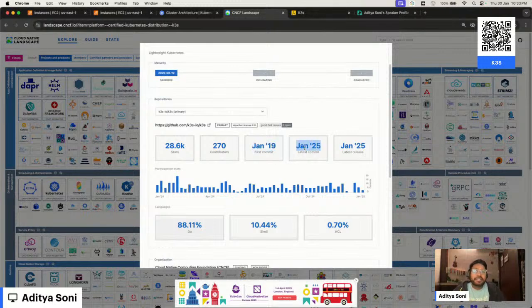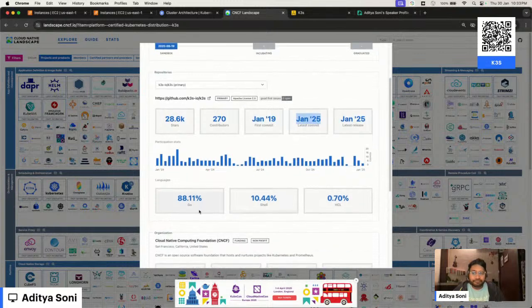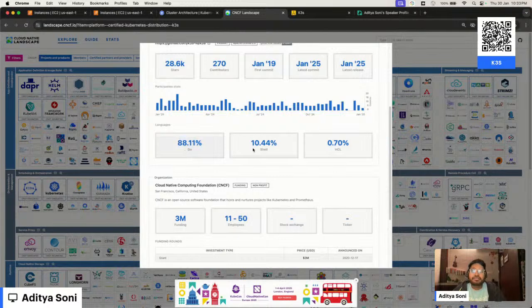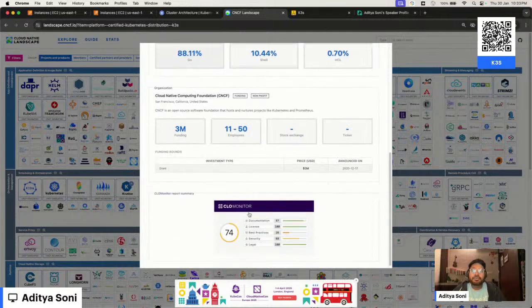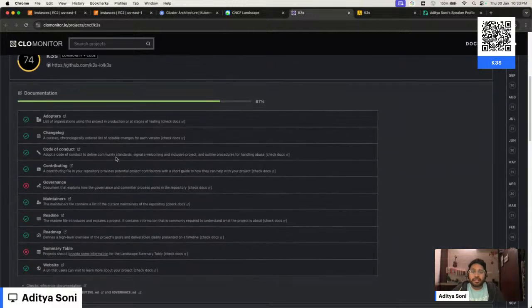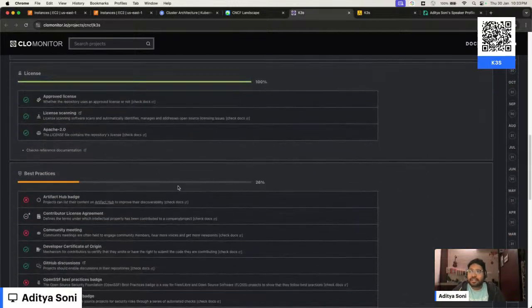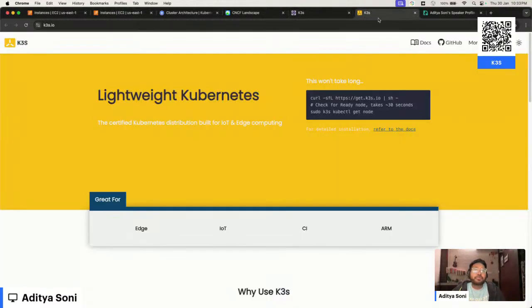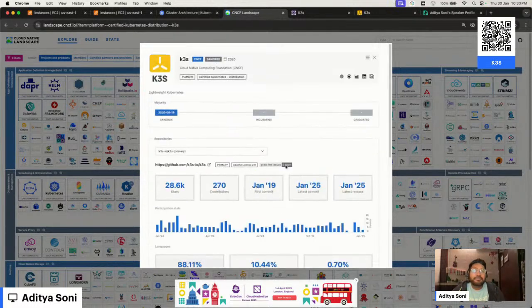The latest commit is from January 25. If you want to see more statistics, like which language it's written in and how other things are going, you can go to the CLO monitor for the same. You can find statistics according to days, and search more things like documentation, issues, pull requests, and what other activity is going on. That's more on the project side. You can just search it anytime. For now, I'll go through one more thing,